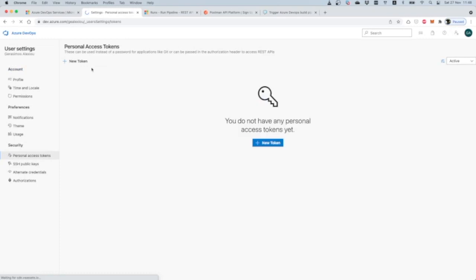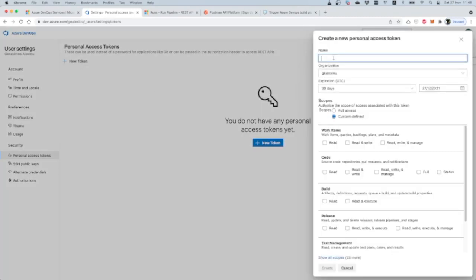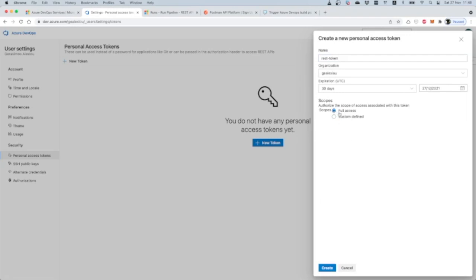There you can create a personal access token which will be used for the purposes of authenticating with the Azure DevOps platform. I will go and create a new token. I will call it REST token in this particular organization, and I will leave the expiration to 30 days. As my demo is a test, I will give and authorize this REST token with full access on my